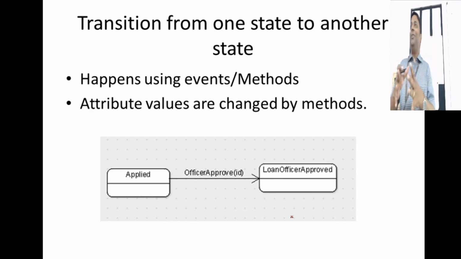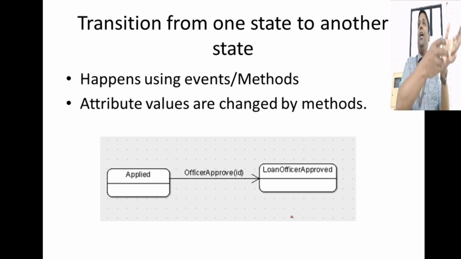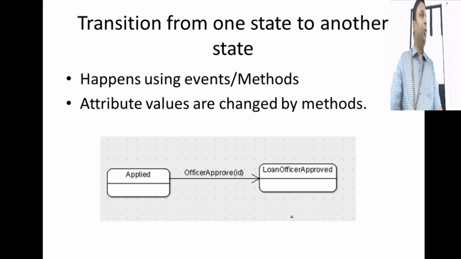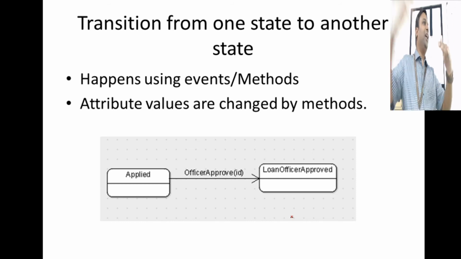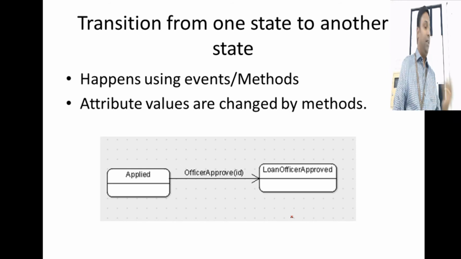How will an object transit from one state to another state? What do you mean by transition of states? There is an object with some data members and values, right? You want to change the state, how will you change it? You have to use some method to change the state. You cannot directly go and change the object's variable values without using a method. Do you all agree with this? When we talk about sequence modeling, we are talking about using a method to interact with an object. So when you use that method, the state changes. So a method changes the state.